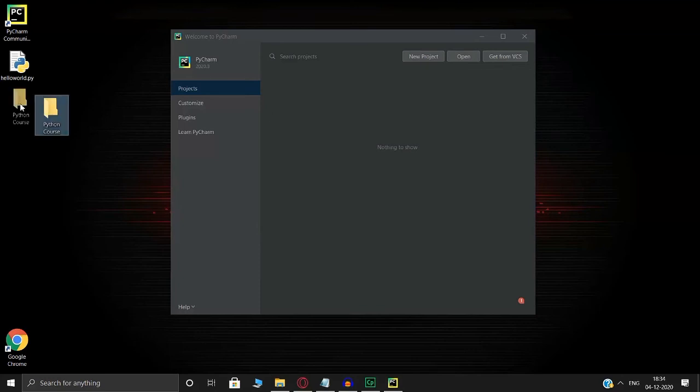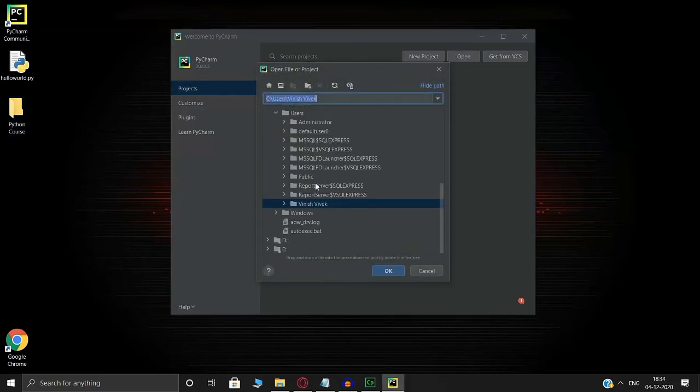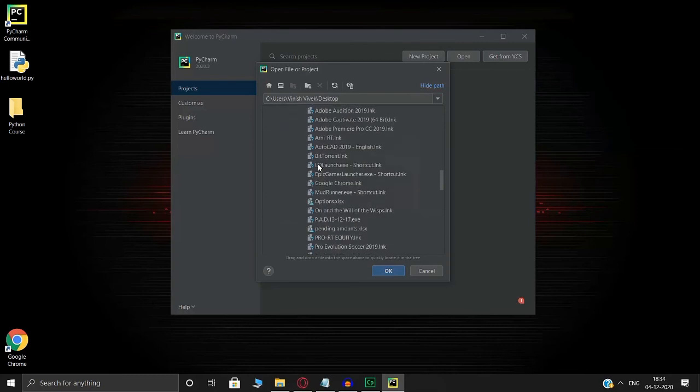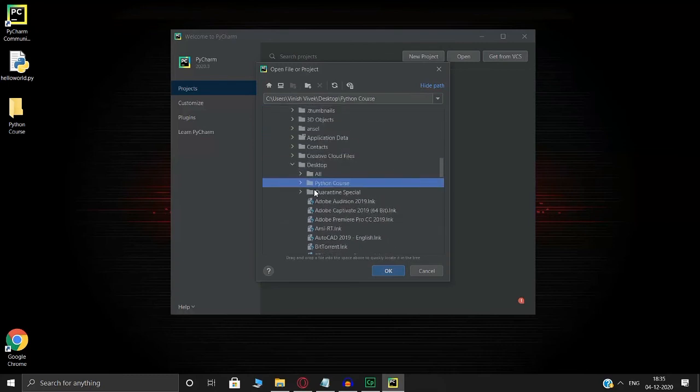Alright, I'm going to keep this here, and I'll click open now, and in open I'm going to look for that folder. So inside my name, I'm going to look for desktop. Inside desktop, we have to select that folder over here. Alright, so as you can see the folder over here, you can also add the files inside it if there were any, but we're just going to select the folder and hit OK.